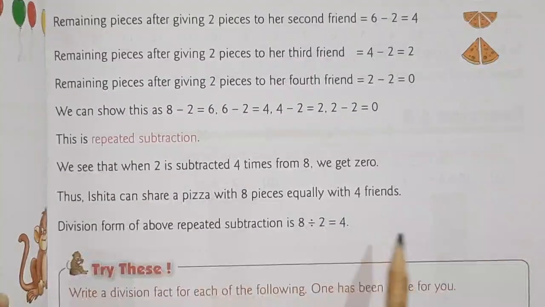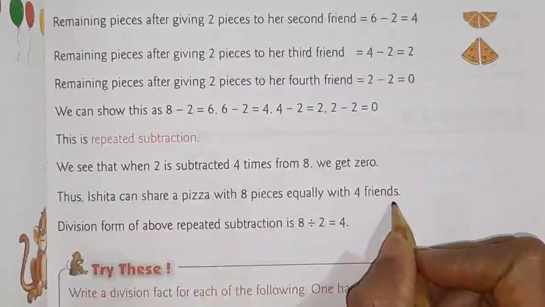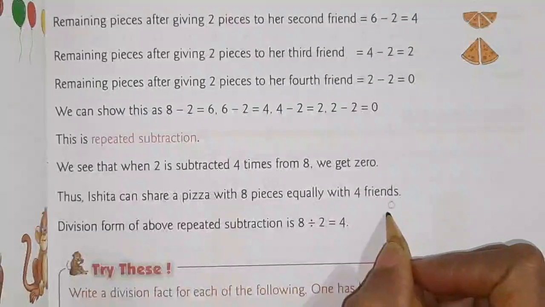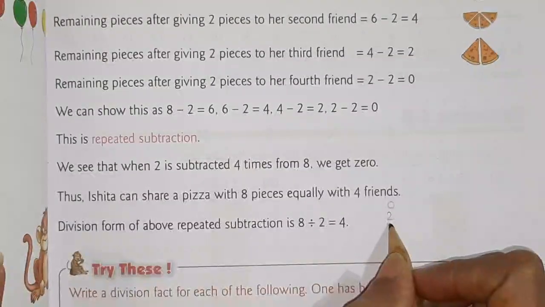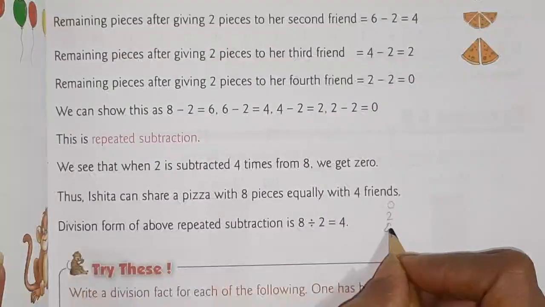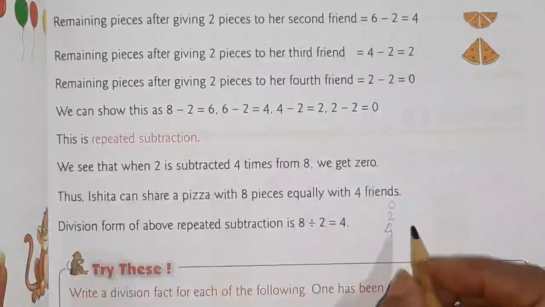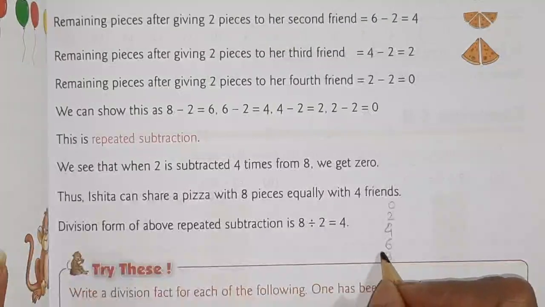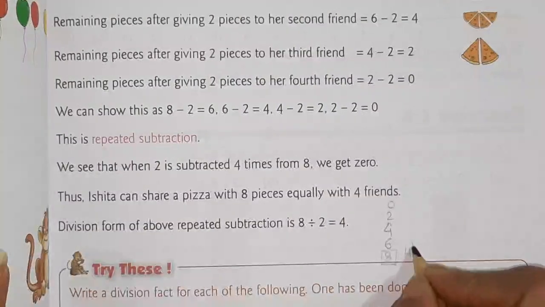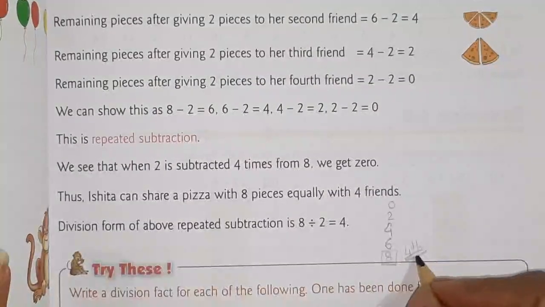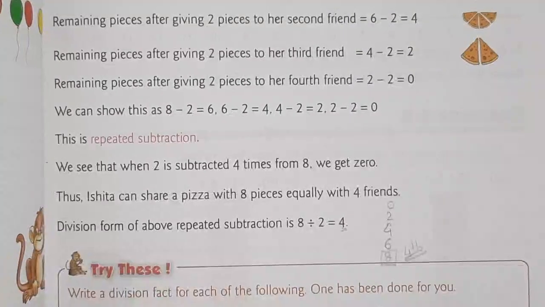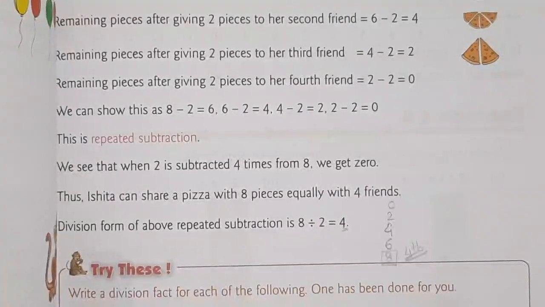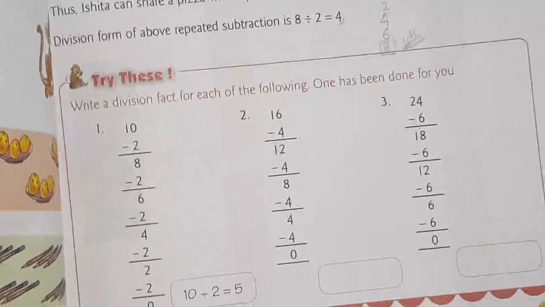As we are writing the table, we can see that 2 zeros are 0, 2 ones are 2, 2 twos are 4, 2 threes are 6, 2 fours are 8. So 8 is at the 4th position, so this 4 is your answer. So for that we are solving some sums here.